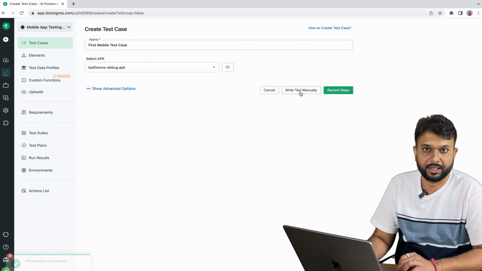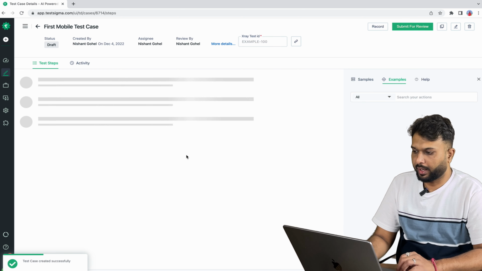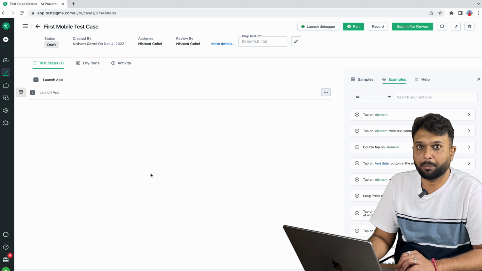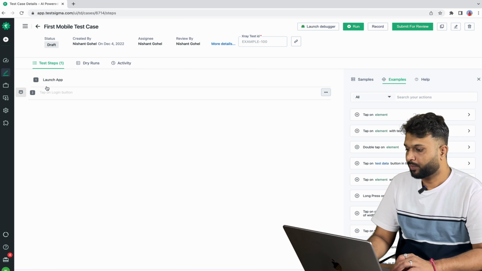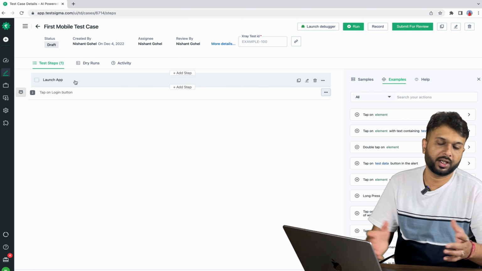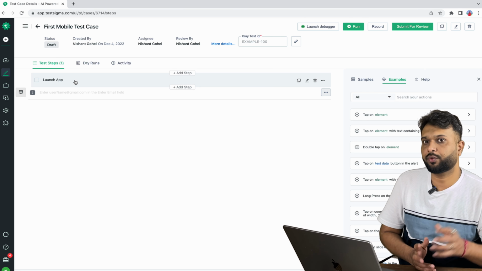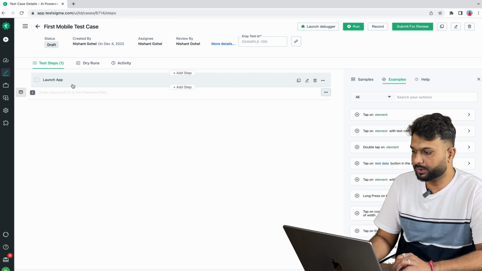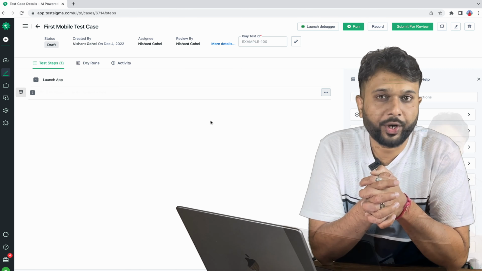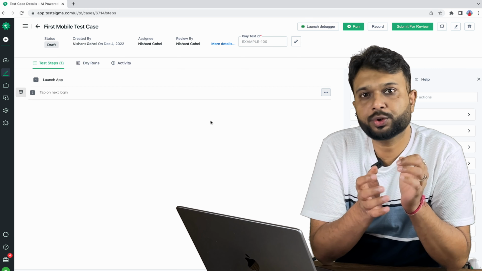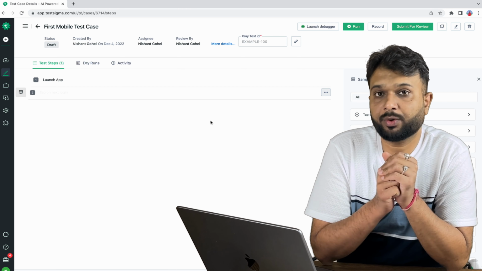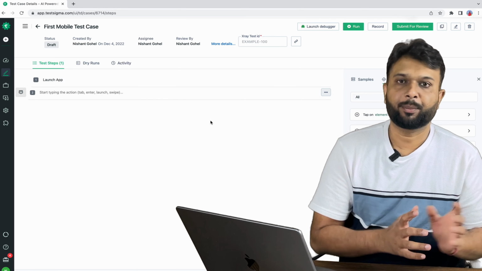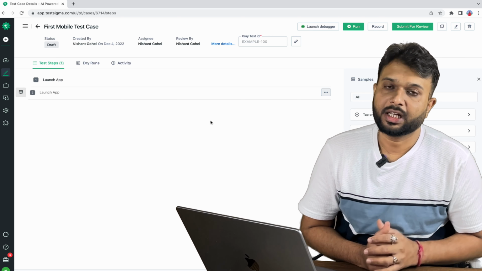I am going to write a test manually, and here basically we have to write our test script in plain simple English. You can see the first option will be, definitely if you are working on any application, the first step will be launch application. By default I can see the launch application option here. Now for an Android application or a mobile application, the most tricky part is the configuration. Whenever we are going to run the first test, before that we have to go through so much pain, that is, setting up the environment.